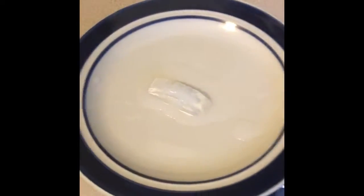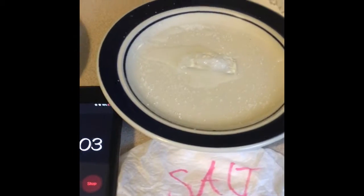So I'll continue to update you, and it's been about 8 to 9 minutes, and you can tell that the one with the salt has melted faster. It's because, like I said before, salt basically slows down the freezing point. So when you put salt on something, it's going to melt faster because it's decreasing. So that is my task for project, and